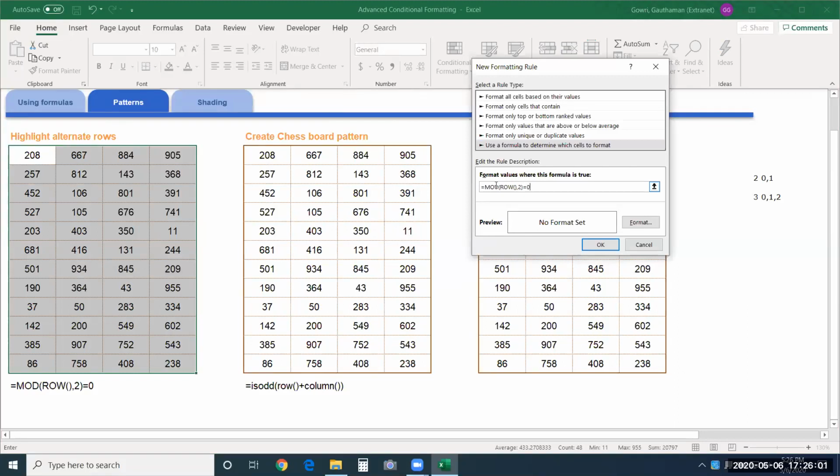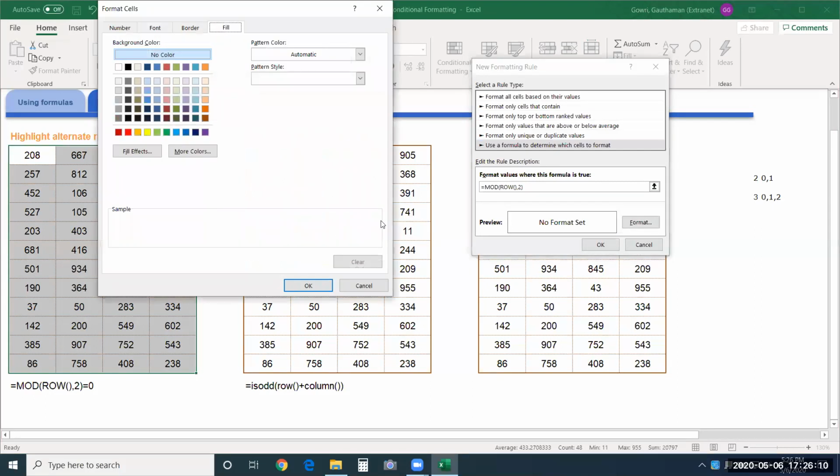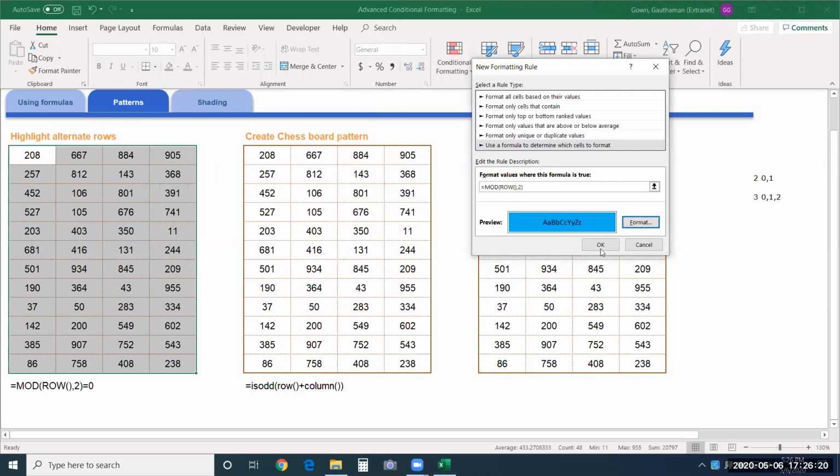I will not give equal to 0 in the first case. I'll tell you when to use it. I'll remove this equal to 0. Just say Format. I'll take this color. Just say OK.